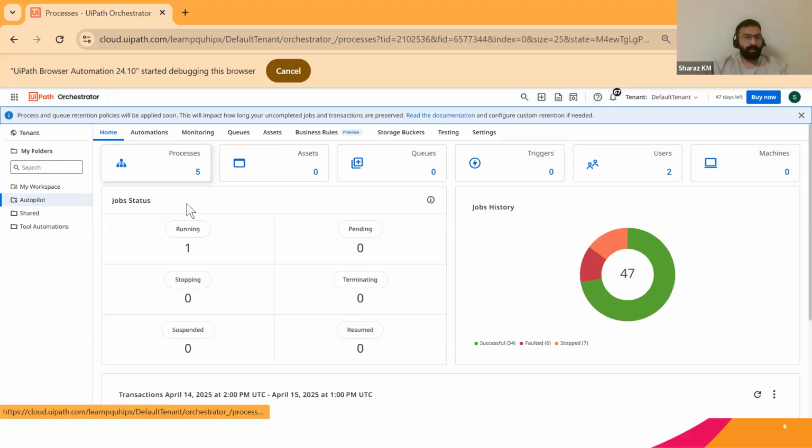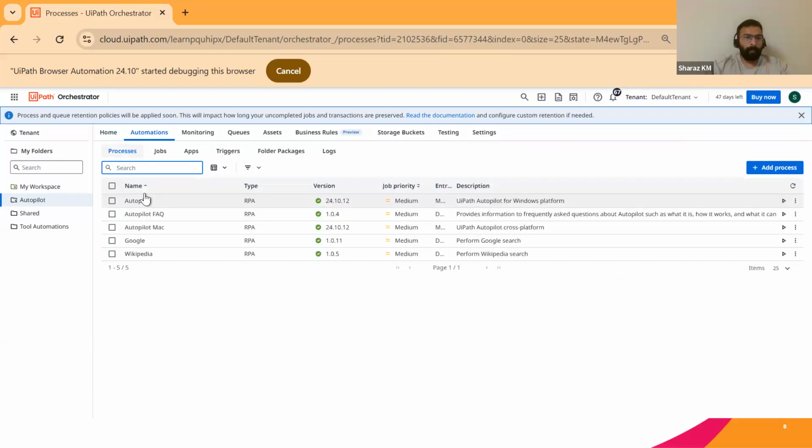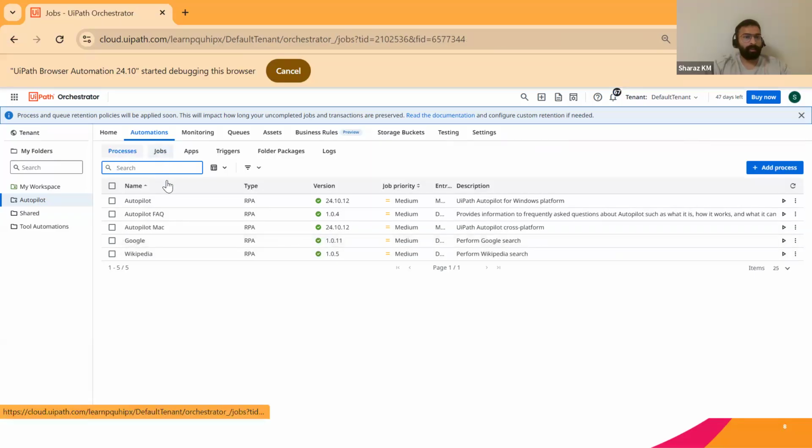And if you see the processes, one, two, three, four, five. Five processes are added by default. These are the inbuilt capabilities of Autopilot for everyone. If you remember, when I asked some questions related to news, it was actually running Google in the background, correct? If you see the jobs here,